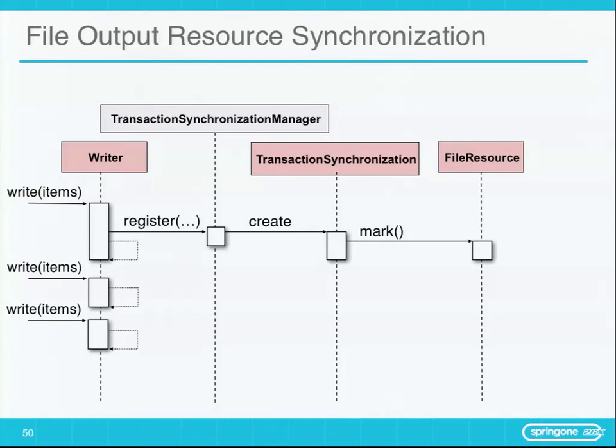But that said, there's still some very crazy stuff that has to happen to make this stuff reliable so that it's basically bulletproof. So for example, say you've got a writer that's writing data, and the writer is in a chunk, and it's writing to a resource that has transactions. For example, JDBC, you can say I want all 5 to be inside of a transaction. The transaction synchronization piece, which is actually a Spring framework piece, will try and write it. You write to the file resource, no problem, first case, and then you eventually write it again and again and again. The transaction is kept open until the chunk closes.